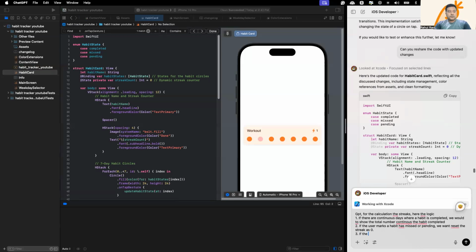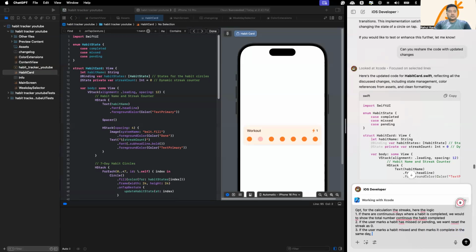If the user marks a habit missed and then marks it complete in the same day, we should calculate the total streak rather than calculating the streak